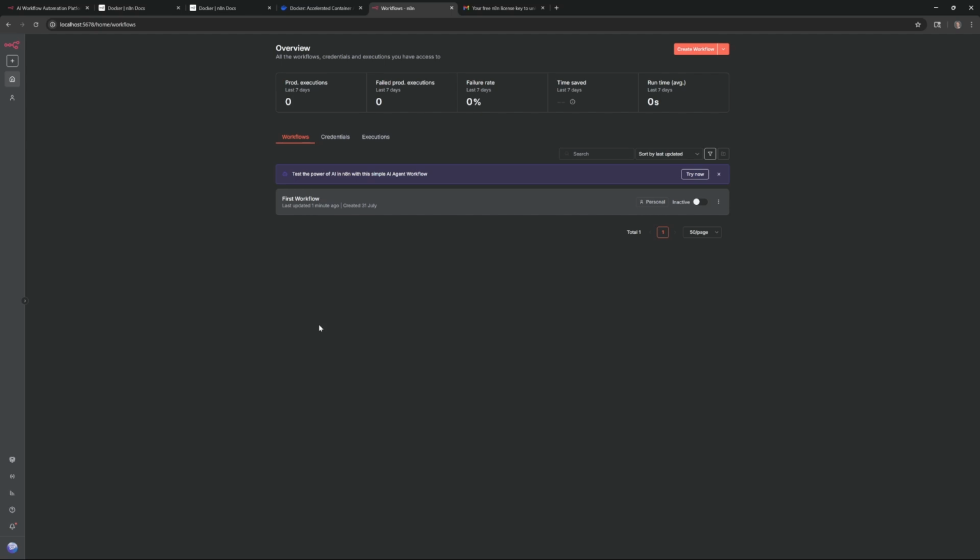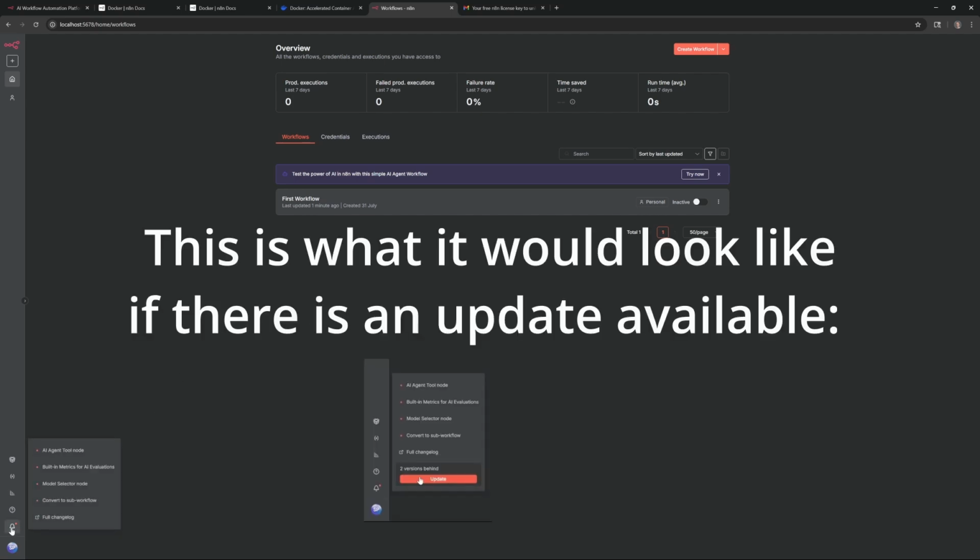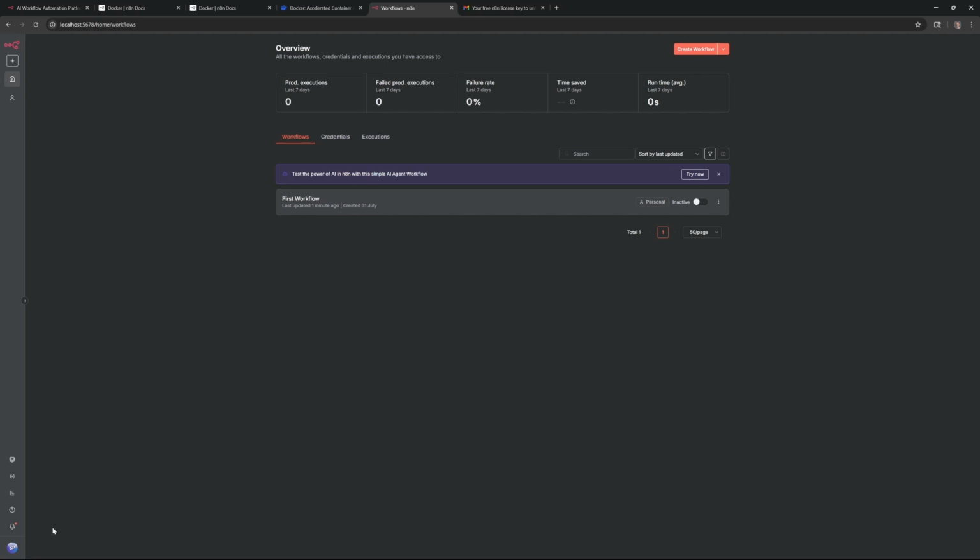To update your N8N, you're going to kind of do the same process here. It's going to be up to you to make sure this is maintained and updated. But down here at the bottom left, since we just installed it, it's not going to be here. But if you look down here at the bottom left, there'll be a little update button to let you know that a new version is available. Now, in the cloud version of N8N, you would click on that and it would take you to the management dashboard and you can just choose it there and it would download for you.